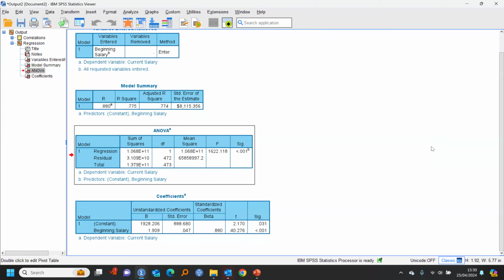And if that value is less than your alpha threshold, in this case certainly less than 0.05, it is regarded as statistically significant. In this case, it's less than 0.01. In fact, it's less than 0.001. And it's basically saying, yeah, you can say that this variable or this model you're producing is better than effectively a wild guess. So we don't get too excited when we see that the ANOVA table is statistically significant